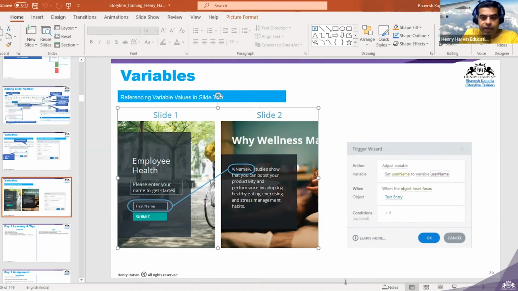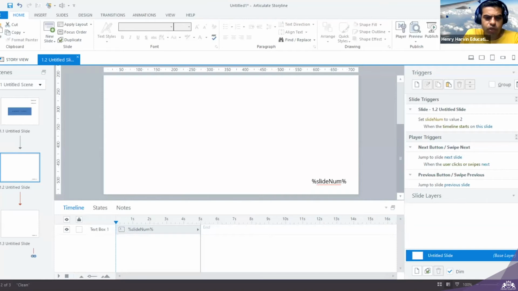Okay. So I am opening Storyline. Or before opening Storyline, I can show you the example I have created, if it is there. If not, we will create it.